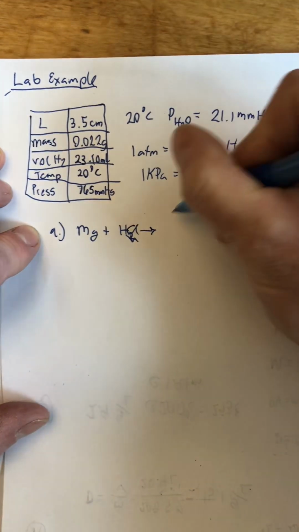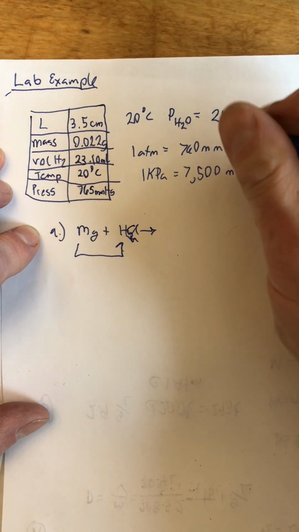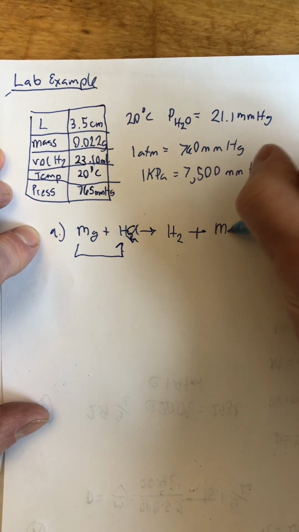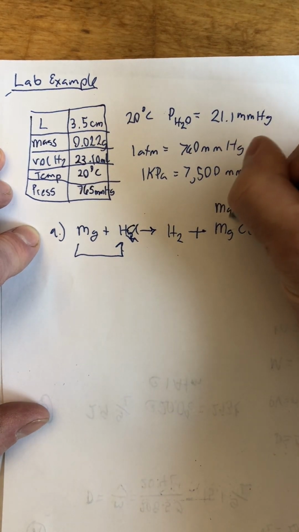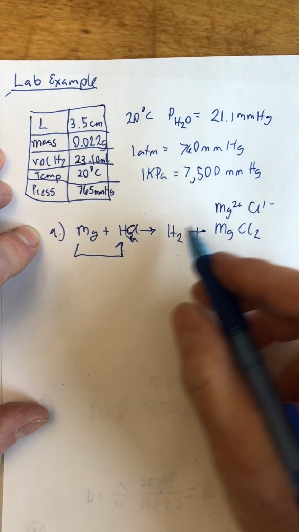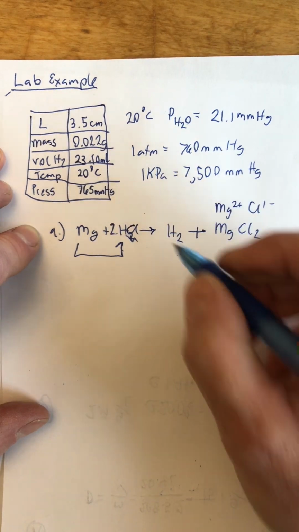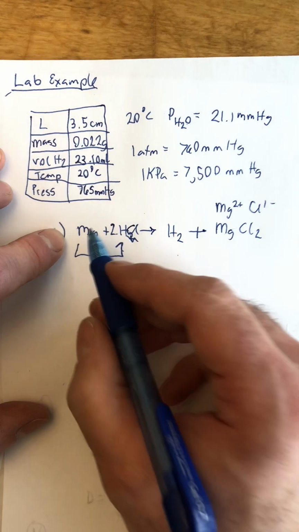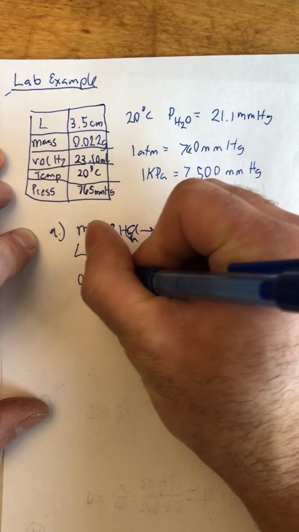Single replacement, right? So the magnesium comes in, kicks out the hydrogen. We end up with H2 being produced plus the MgCl2. The reason it's MgCl2 is magnesium has a 2+ charge, and Cl is a 1 negative. So in order to get this to balance, it's actually a 1:2 ratio between the magnesium and the hydrochloric acid. For A, though, that doesn't really make that much difference